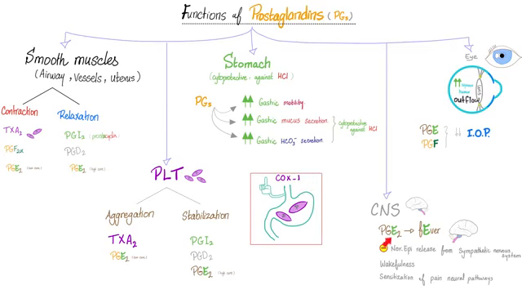In the brain, prostaglandin E is for fever and pain. Prostaglandins in your brain inhibit norepinephrine release from the sympathetic nervous system. They make you awake and they help you feel pain. So you're alert and you're in pain. That's how prostaglandin E2 rolls. Okay, in the eye, prostaglandin E and prostaglandin F decrease intraocular pressure. How? By increasing the outflow of the aqueous humor.